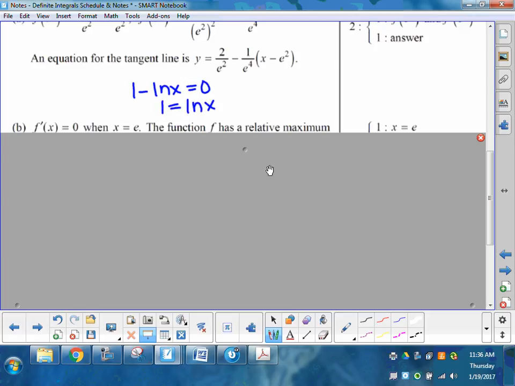What's the implied base of the natural log? E. We're doing this with the algebra 2 kids now. E to the 1 power is equal to x. So that would mean x is equal to e. That's the first part. In order to figure out whether it's a relative max or a min, what do you